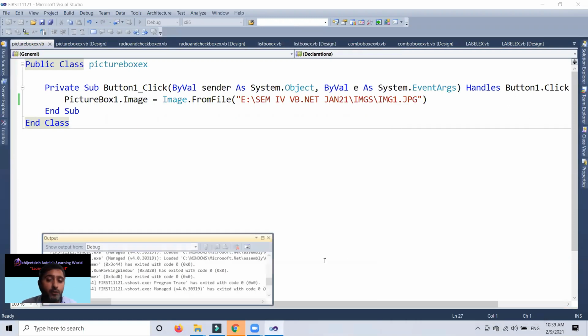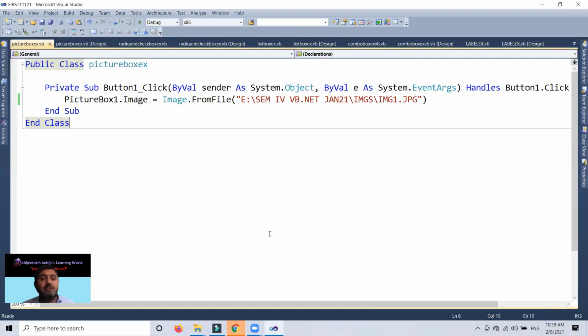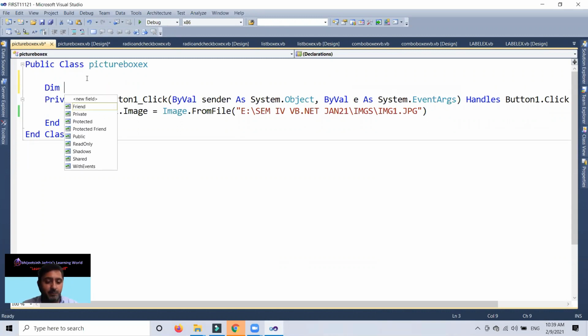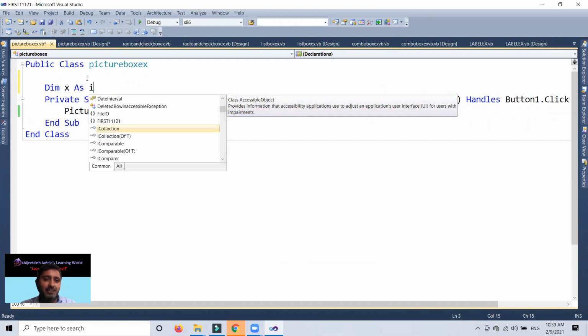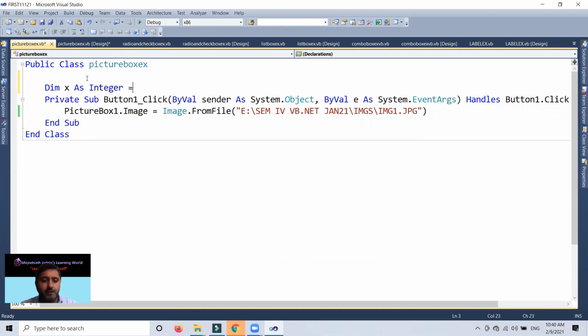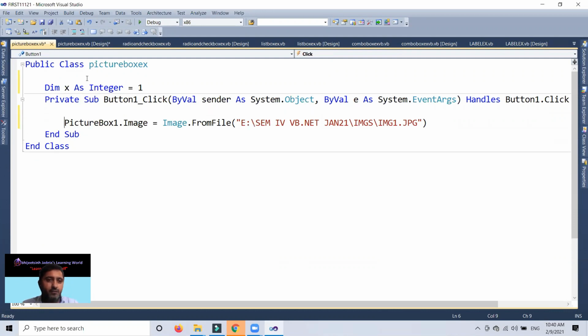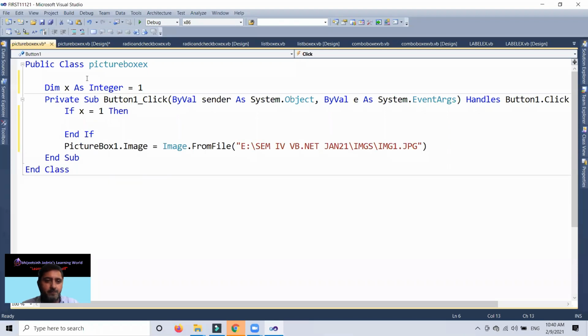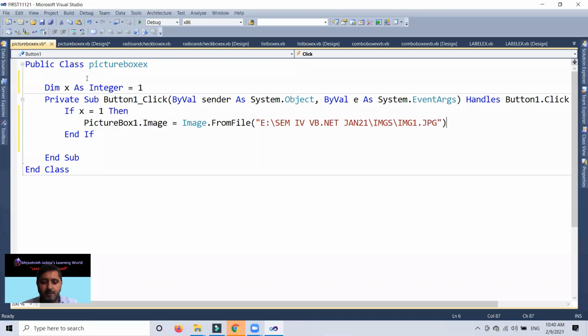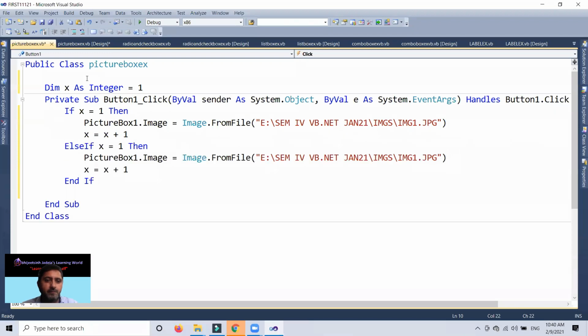Now today we would like to understand the nice concept of looping based decision making. What it is, I know that it is somewhat confusing whatever I'm using. That is Dim x As Integer. This is a variable that you know very well, and I'm taking a default value 1, and if x equal to 1, then I make the cut, paste, x equal to x plus 1, and I'm using else if x value is 2.